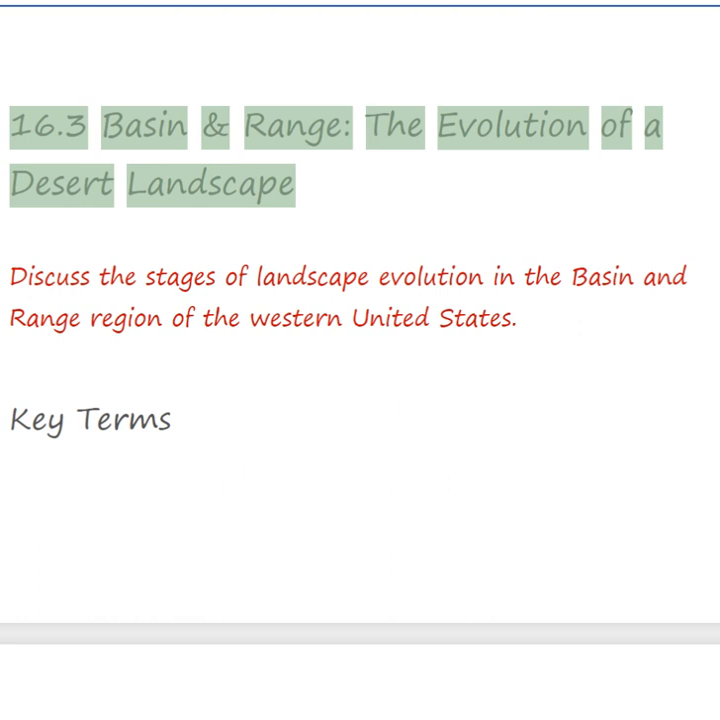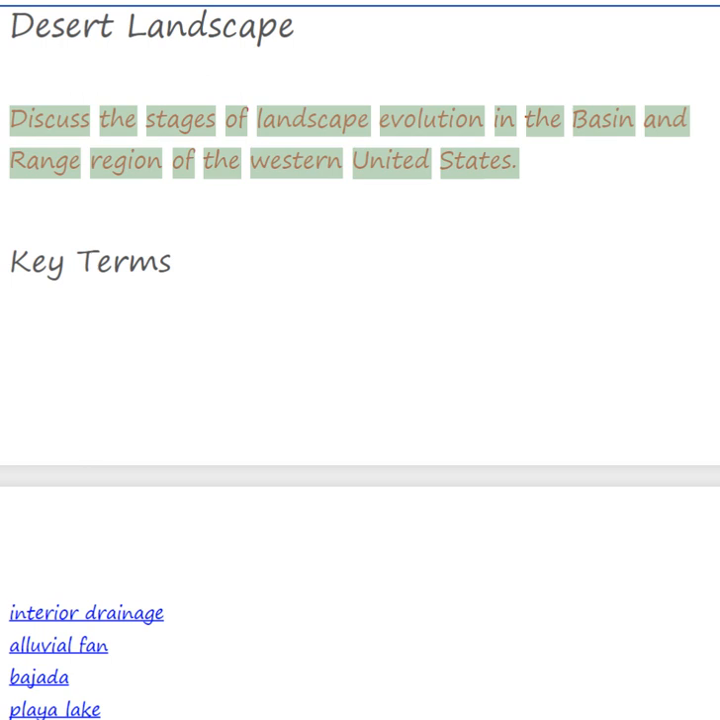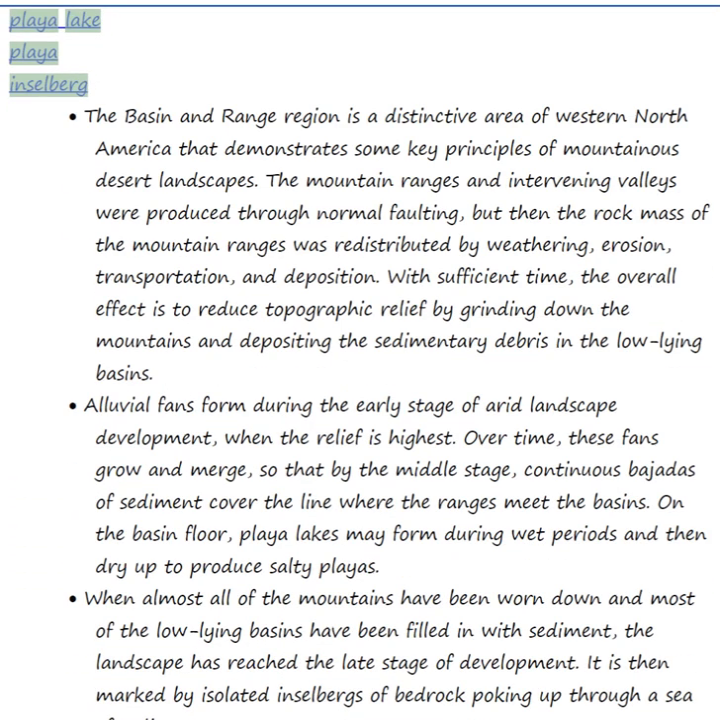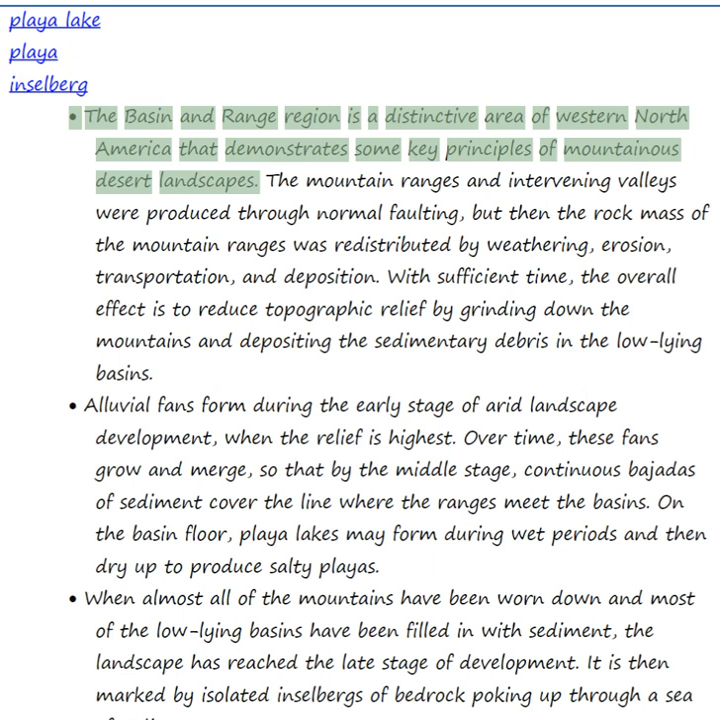16.3 Basin and Range, the evolution of a desert landscape. Discuss the stages of landscape evolution in the basin and range region of the western United States. Key terms: interior drainage, alluvial fan, bajada, playa lake, playa, inselberg. The basin and range region is a distinctive area of western North America that demonstrates some key principles of mountainous